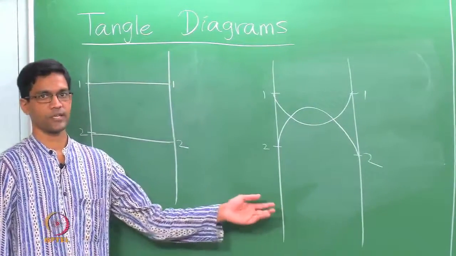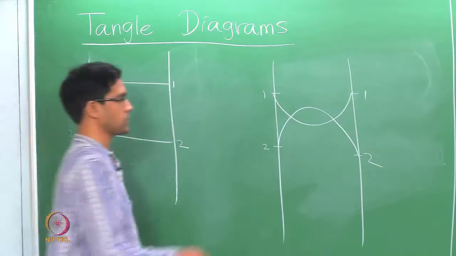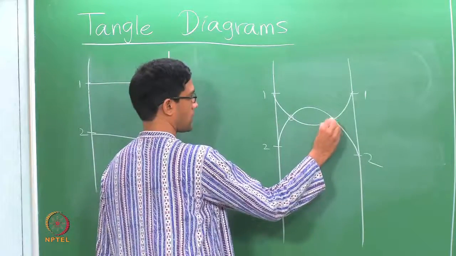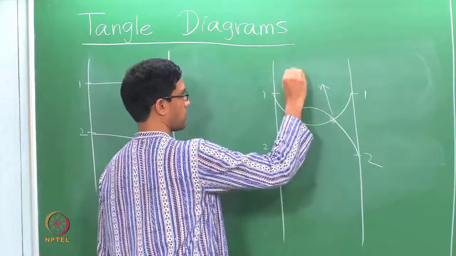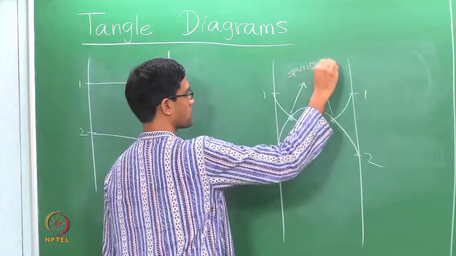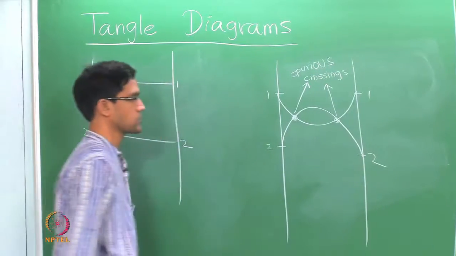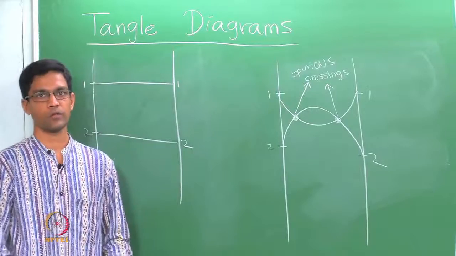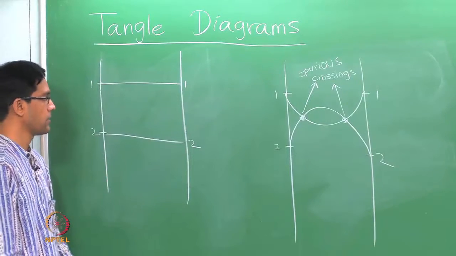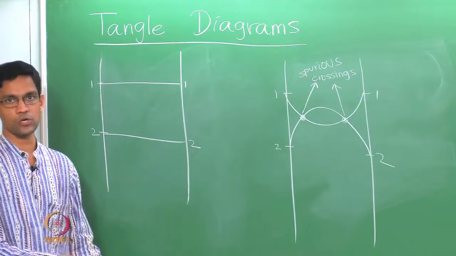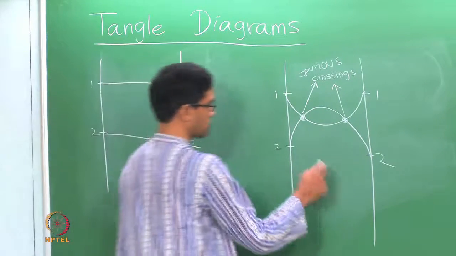This of course satisfies both rules 1 and 2, but what it does is produce 2 spurious crossings. Here and here, they are not really crossings, they shouldn't be crossings, but by drawing the curves in this way one has introduced 2 spurious crossings which shouldn't really be there. You don't want to think of them as crossings, because this is really the correct diagram for the permutation and it doesn't have any crossings. 1 goes to 1, 2 goes to 2. If you apply the formal definition of a crossing, this does not have any crossings. So you do not want to allow things like this.